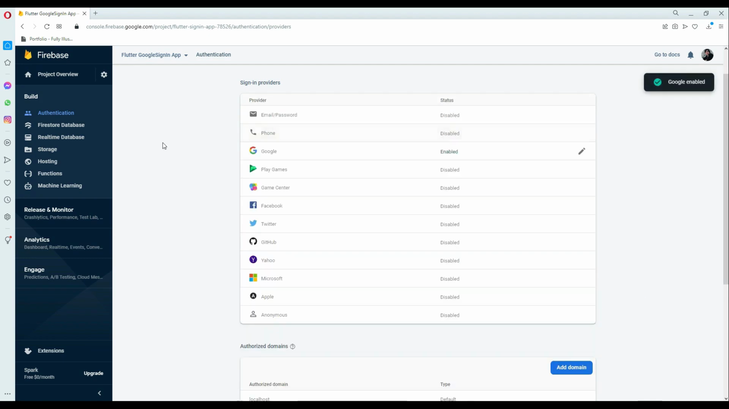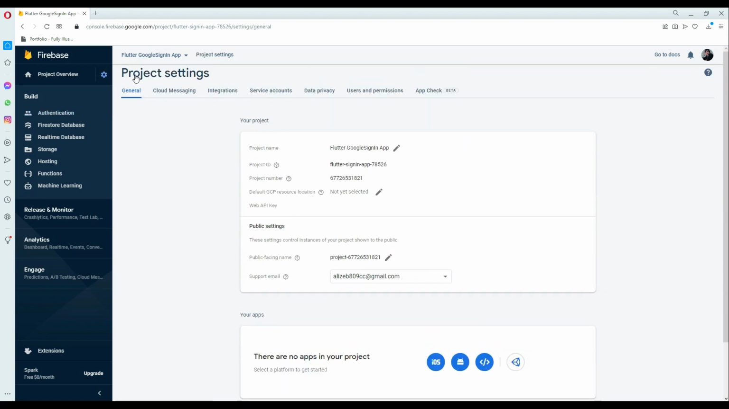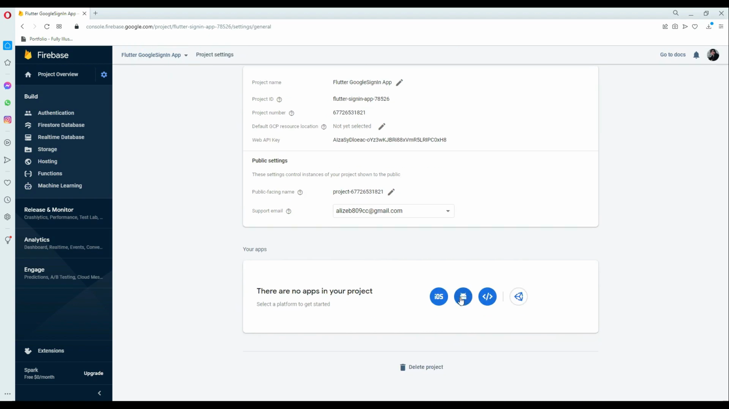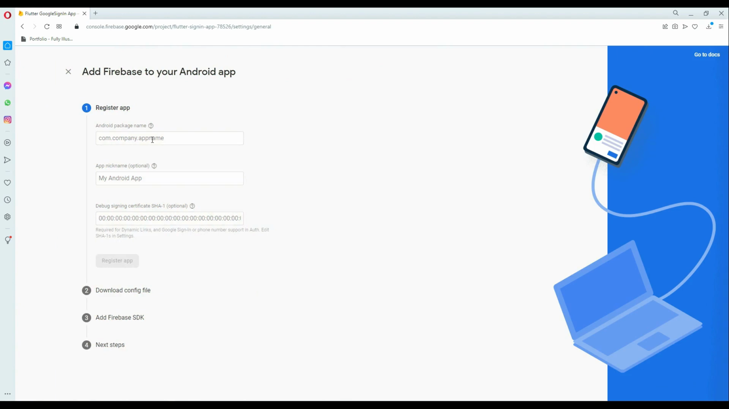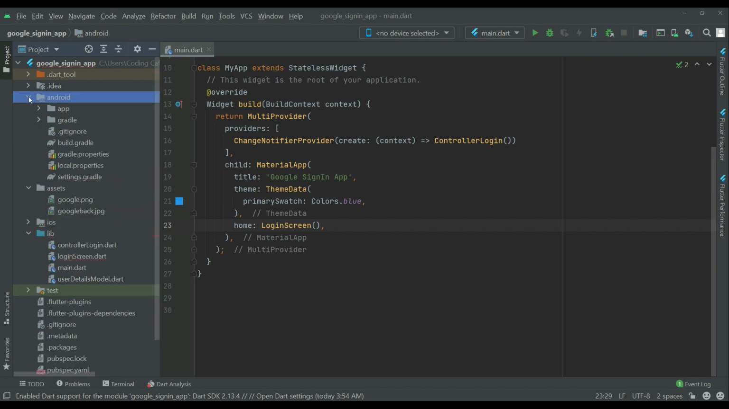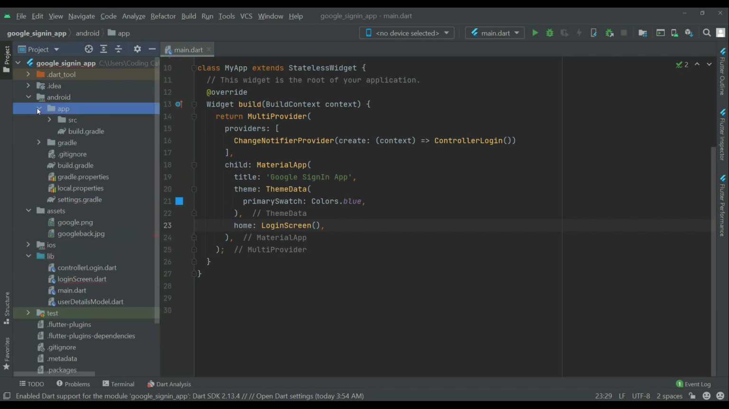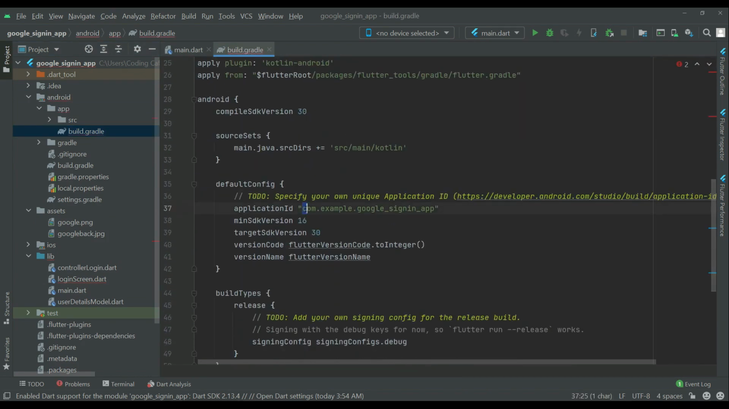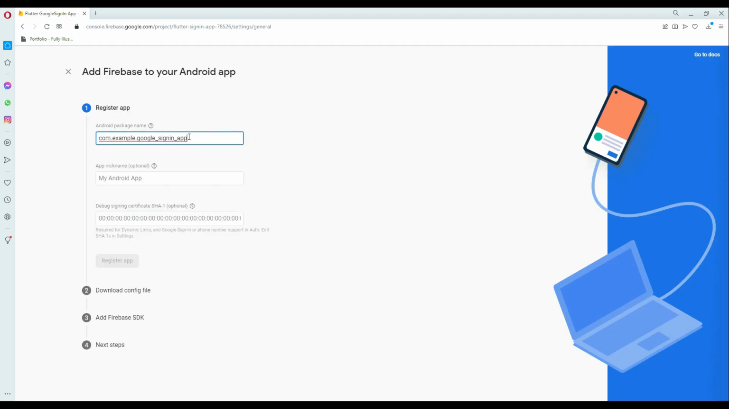Now once you save it, click on this gear icon, come to the project settings, and if you scroll down you will see these icons. Click on this Android icon, and here you have to provide your package name. So come back to your Android Studio. Inside Android we have app, then inside the app we have build.gradle. Double click on it, and copy this application ID, come back to the browser, and paste it here,